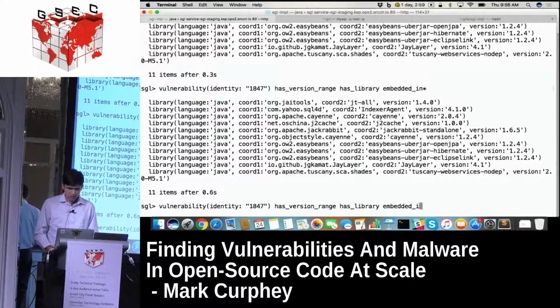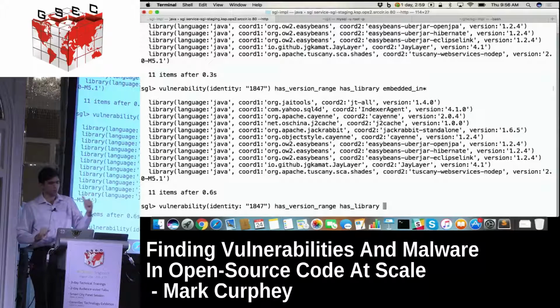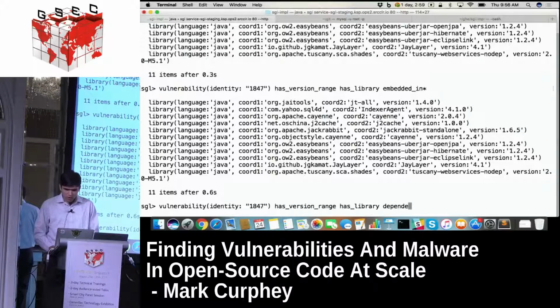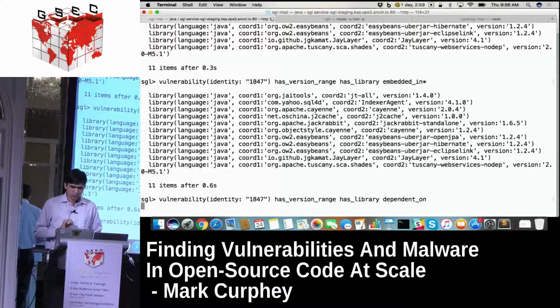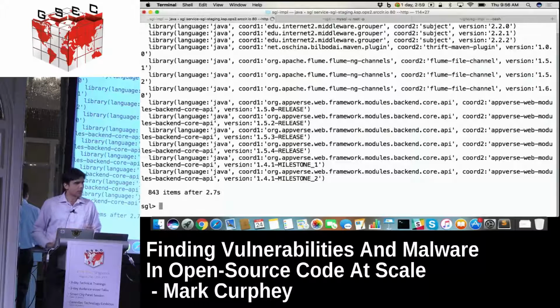So we start again where we were. This is has library, which is all the libraries which are affected by this particular vulnerability. And then we look at all the dependencies of these libraries, right? So 843 libraries depend on one of those 61 libraries that were affected by the vulnerability, right?